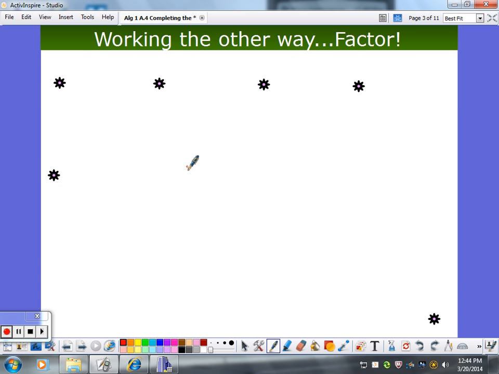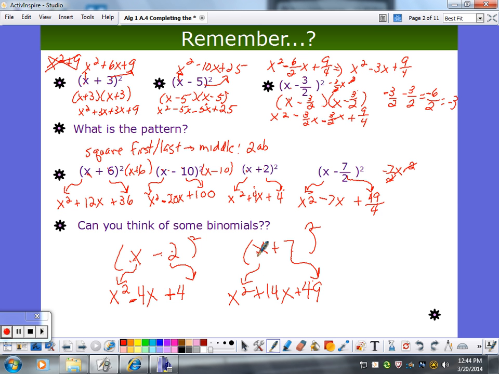Now we're going to work backwards. Let's remind ourselves how we got here. Square them, right? What's the opposite of squaring something? Square root. What's the opposite of multiplying something by